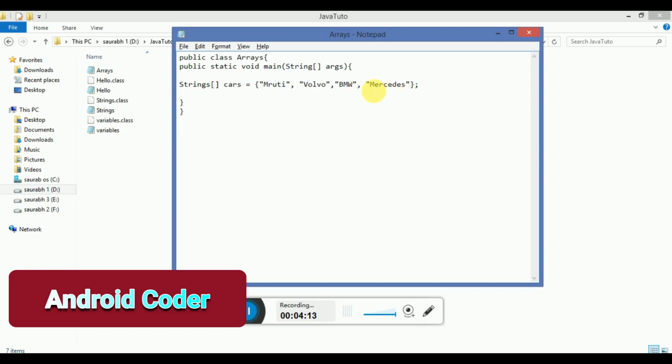Now if we want to print the second element, which is Volvo, we just write System.out.println and in brackets cars and just the position. This is at the 0th position, this is at the 1st position, so to print Volvo we type here 1.